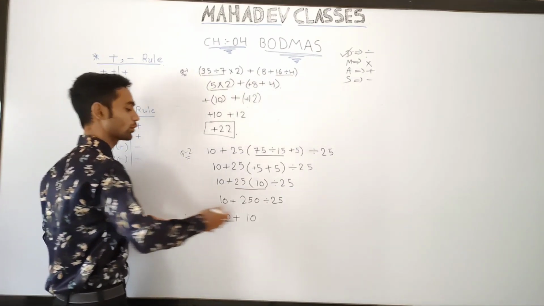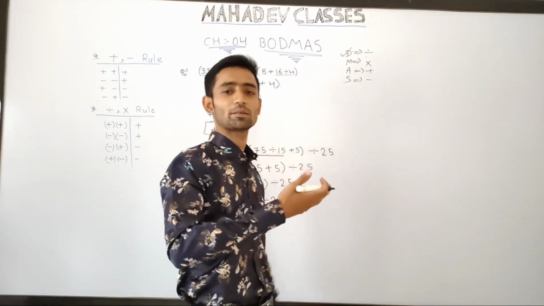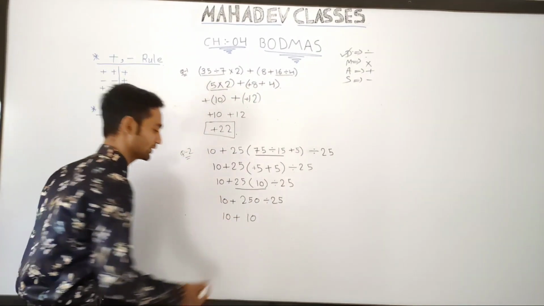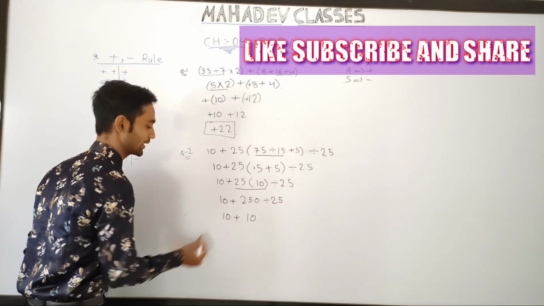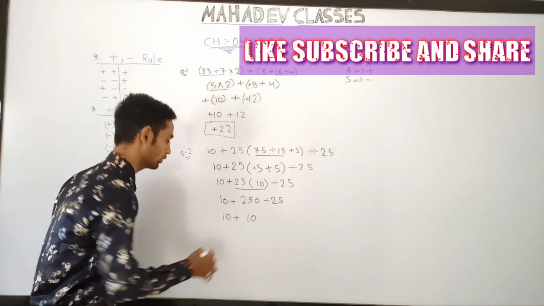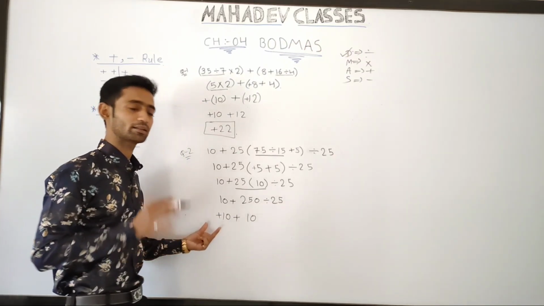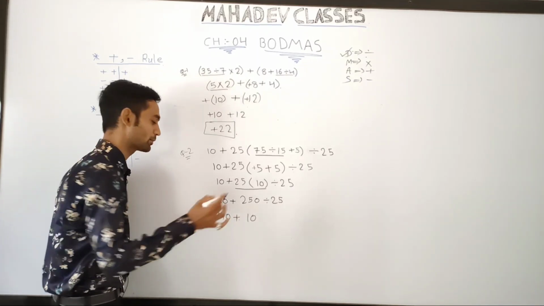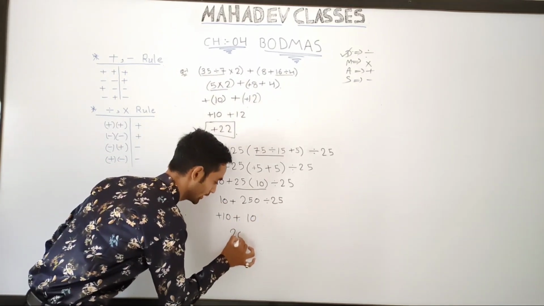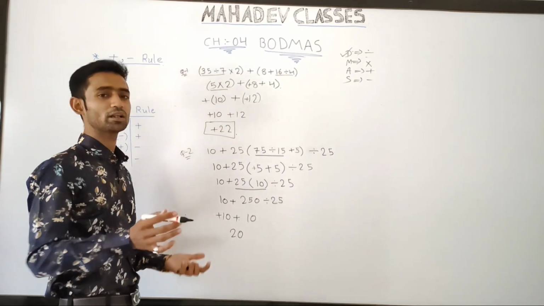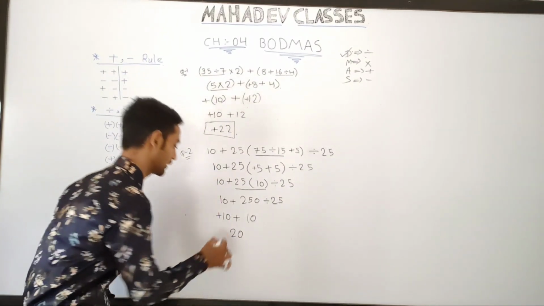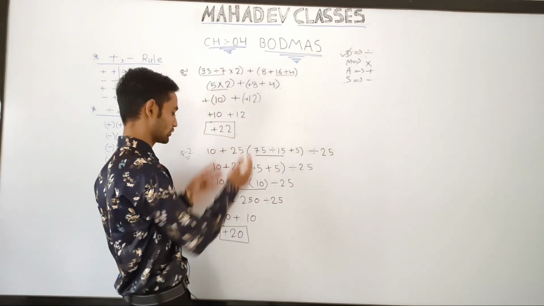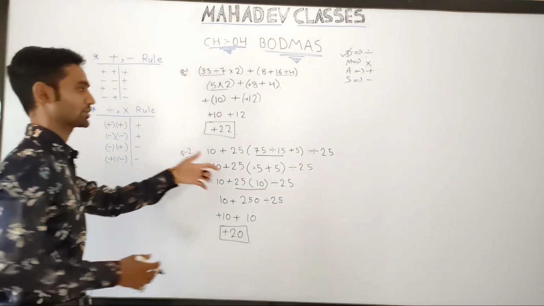Okay, and now there is no other sign like division and multiplication, so we will simply do the process of addition and subtraction. See, 10 is having a plus sign and this 10 has no sign before it, so we will simply write a plus sign here. Now here you can see the equal symbol, then you have to do the process of addition. 10 plus 10, you will get 20, and put the symbol of the bigger number. Both are equal numbers, so you can write any symbol of that number. Okay, so this was the answer of our given board mass question.